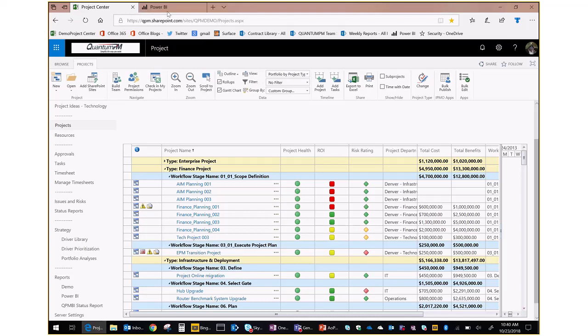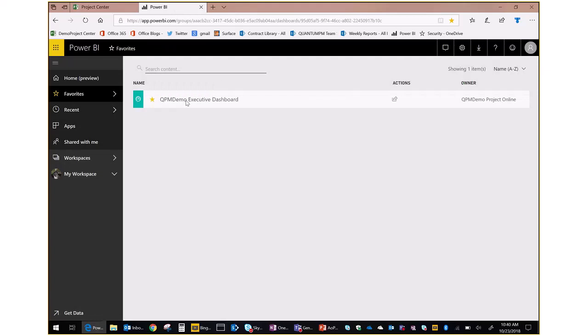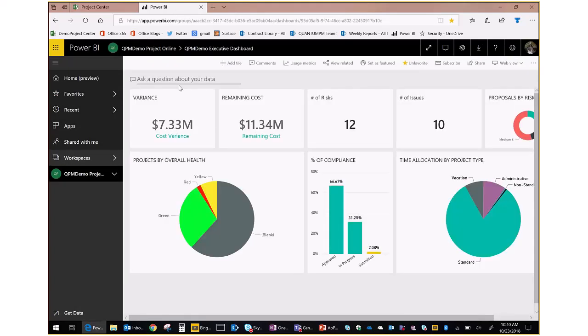I'm going to move over now into Power BI so that you can see some of the capabilities of tools that will pull all of this data, so that it's pulling it straight from that Project Online instance, bringing it into our Power BI setup. We're also pulling in data from other places to bring you a dashboard that gives you some kind of a flavor for things that are going on. Some of this is trending data, some of it is just where we are at this particular point in time.